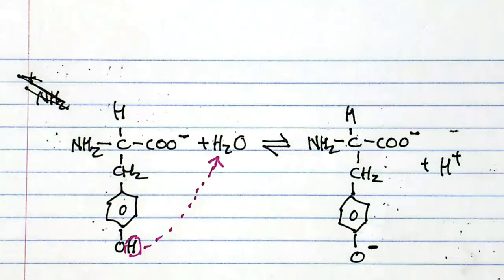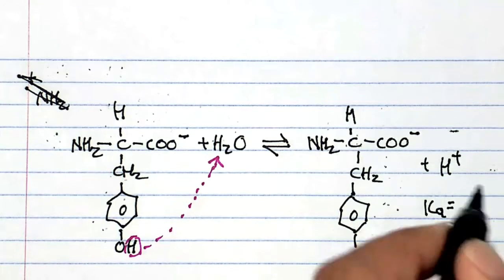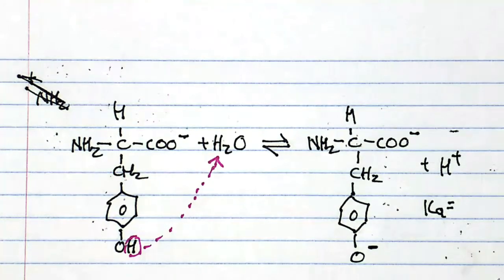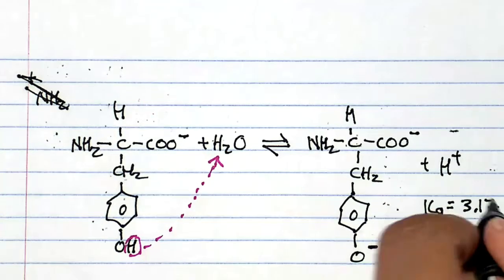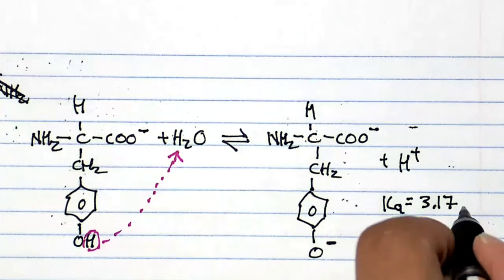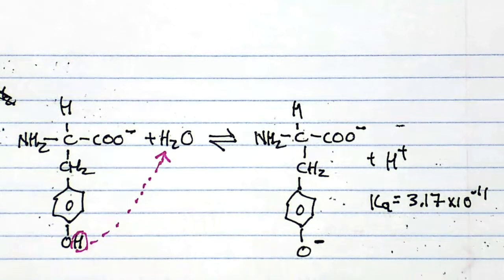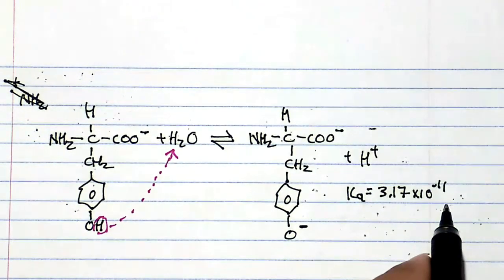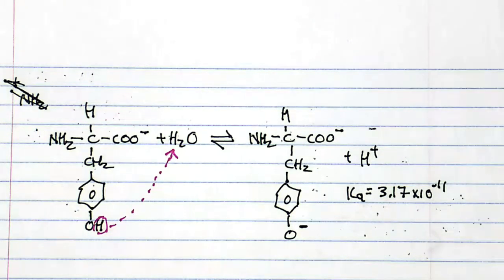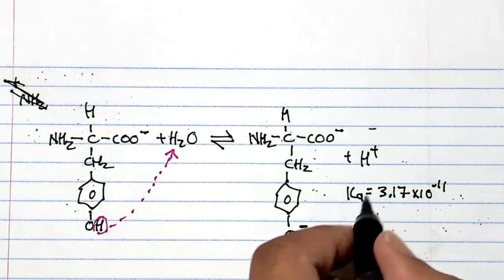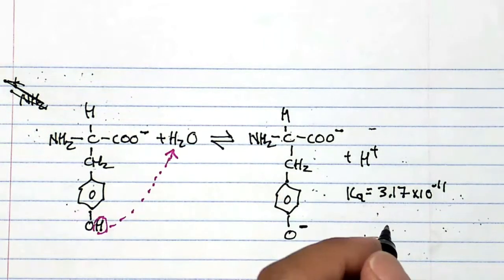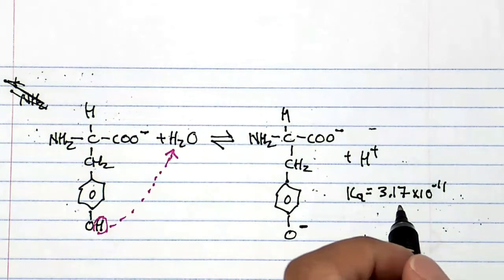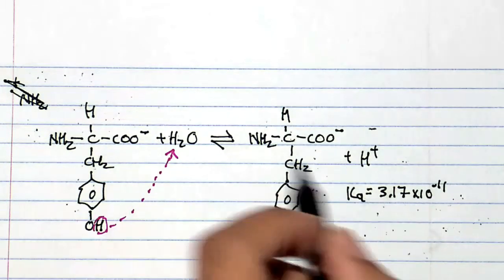So is this reaction really favored? Well, if you look up the Ka value for this, it's 3.17 times 10 to the minus 11. Is something that has a Ka value of 3.17 times 10 to the minus 11 favored? 10 to the minus 11 is very, very small. So probably not favored, but it will happen. It will happen very, very rarely because the Ka for this equilibrium reaction is 10 to